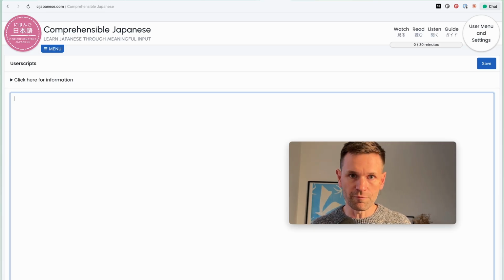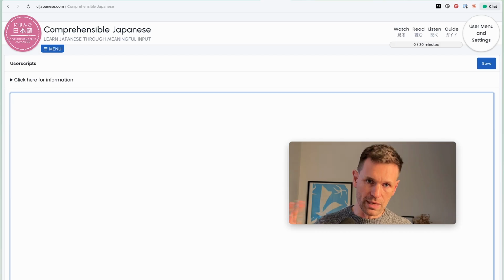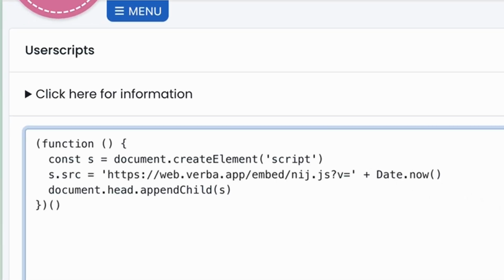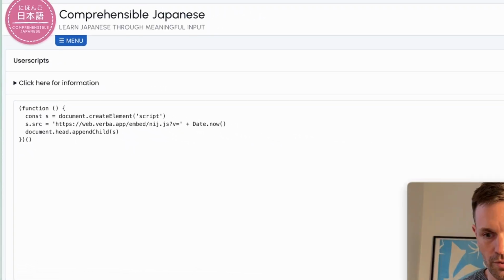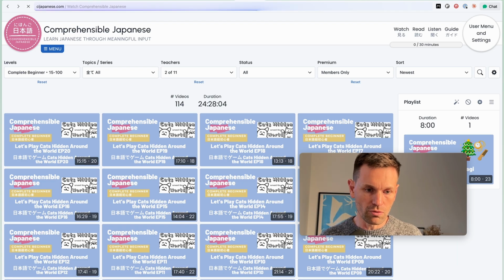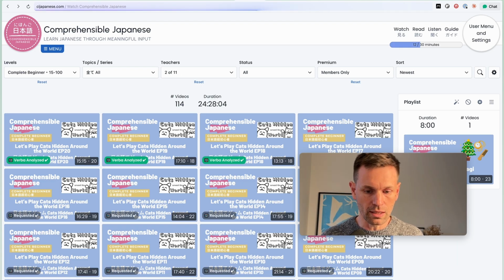And what I've done is I've built a script that integrates Verba functionality into CIJ, so you get an interactive Verba transcript for any CIJ video that appears alongside the video. So all you have to do is go to the user scripts settings for your CIJ account, and you just paste this snippet here, and then that's all you need to do. So hit save, go back to the CIJ main page, refresh the page, and now what you're seeing is these